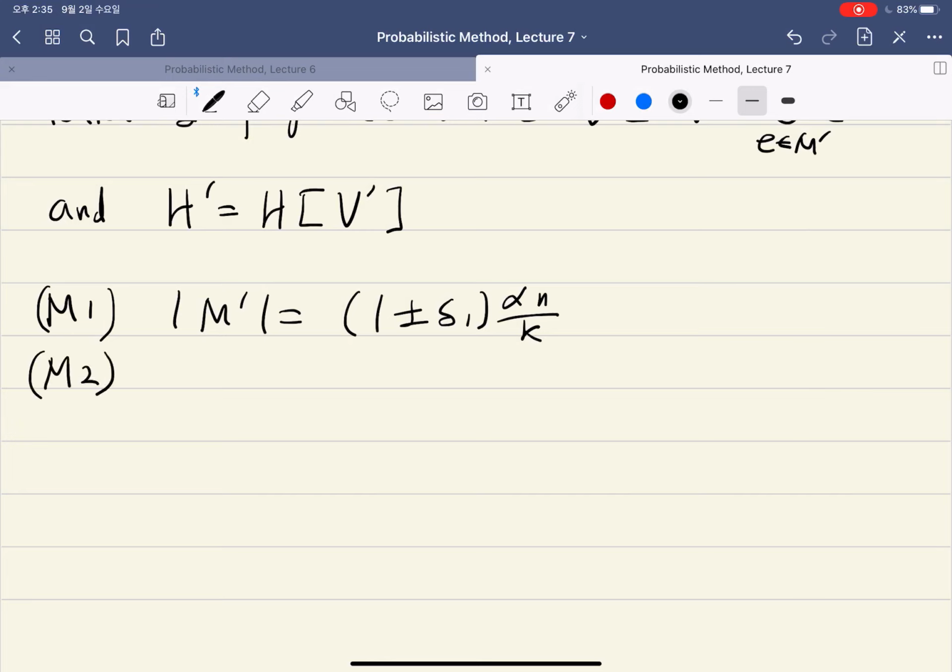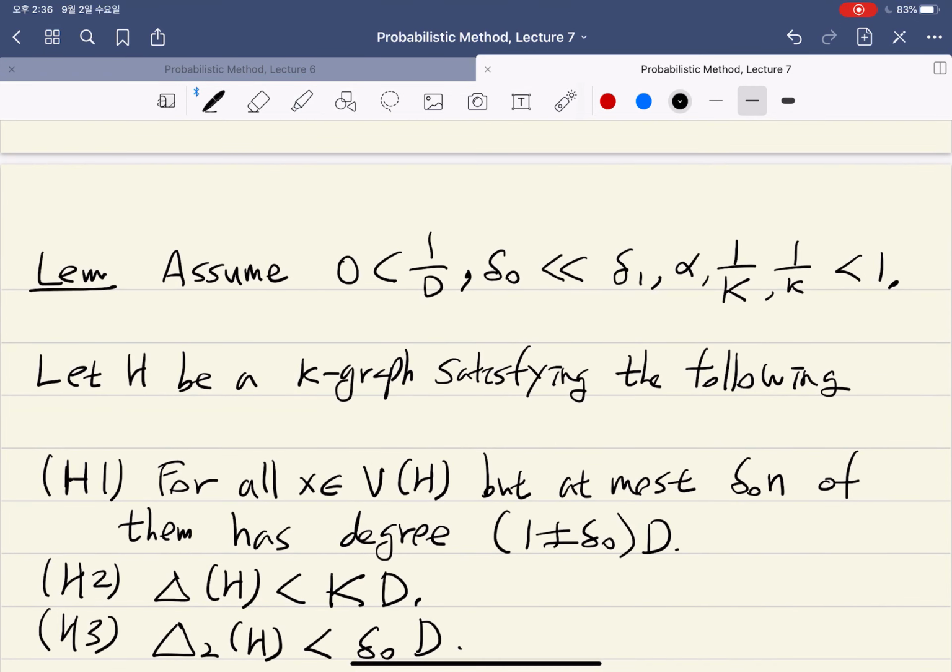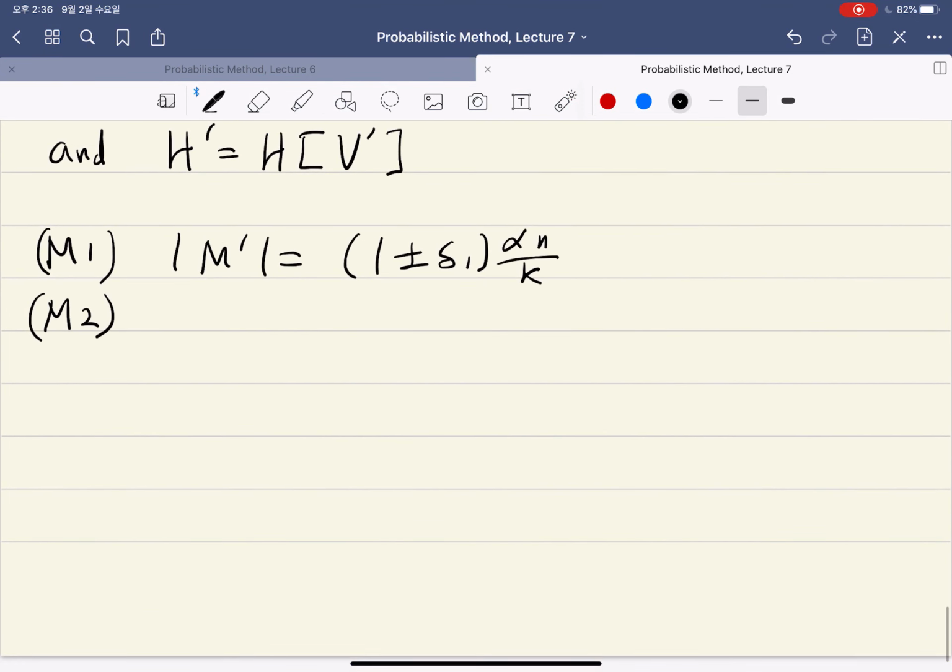So in each step, regularity or the small codegree might get a bit worse and worse. But we want to make sure that it doesn't get too bad, so that we can still keep it in a good range. So in this statement, we can actually choose delta 1. And this V prime also has this many vertices,